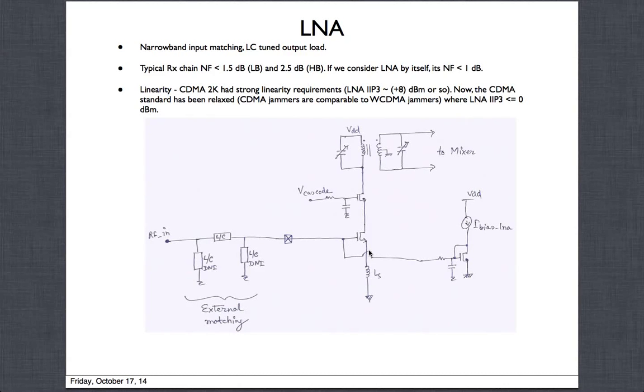In this case, the CGS, gate to source capacitance. With that, it will resonate, and you can design this LS and that L inductor, choose the external L in such a way that the total L along with the total CGS resonates right at the frequency where you want it to operate. For example, let's say the most common band is band 1, which is around 2.1 gigahertz.